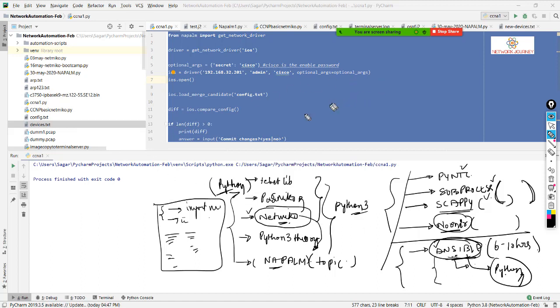So if I write a difference between Ansible versus Python, Ansible is easier to use, whereas Python is complex when we write a script, but Python is faster, whereas Ansible is slower.